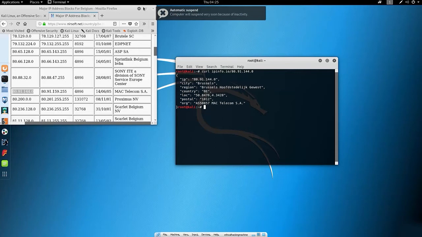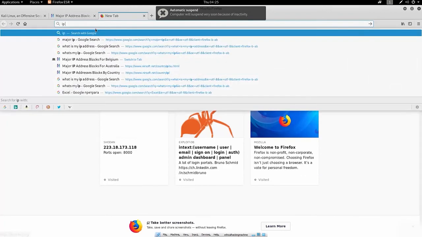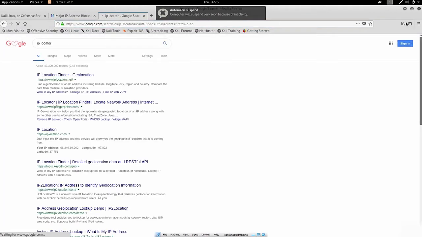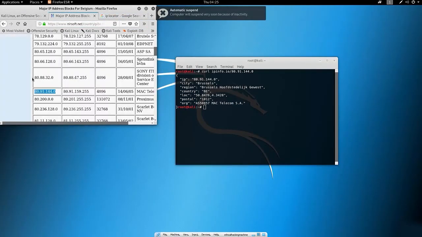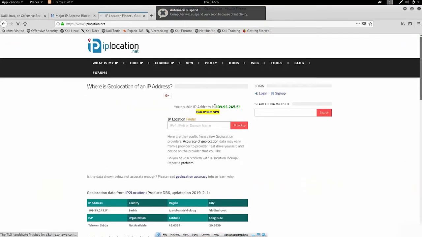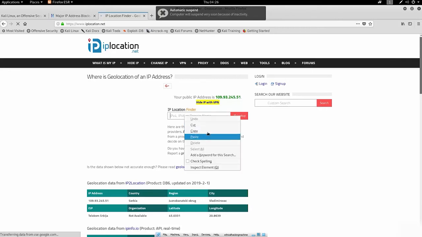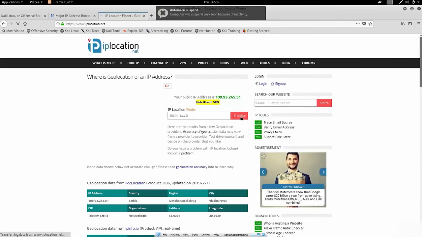Now, you can see that you can find a lot of stuff with simply looking up the IP address. And there is also one more thing you can do in the search engine. You can just type here IP locator. And we can use the same IP address that we copied from here, which is 80.91.144.0, and we will just pick the first site, which will hopefully locate our IP address. If we paste it and go on the IP lookup,